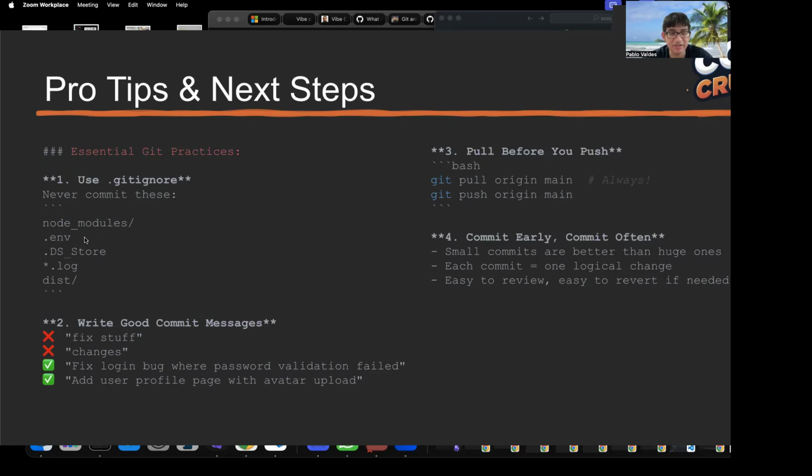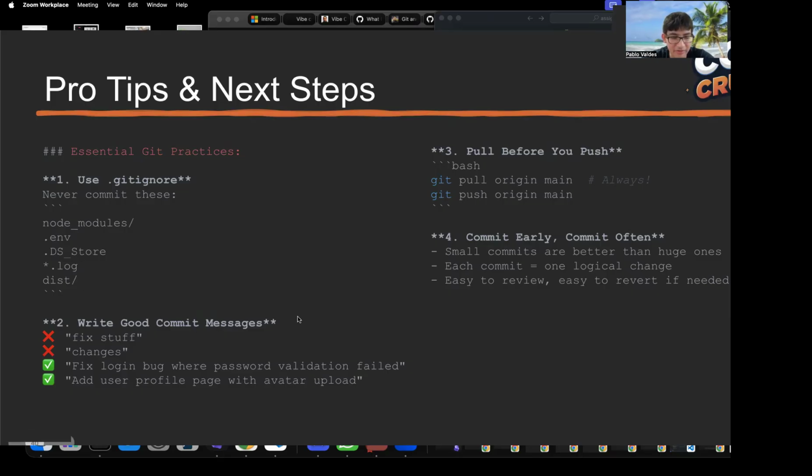Because if you commit this and it goes on GitHub with your environment variables and API keys, there's a bunch of bots and crawlers on there that will find it in seconds and they could use your keys. So it'll be instantly compromised. So you want to make sure you have a .gitignore and put whatever files you want to ignore from Git inside of there.